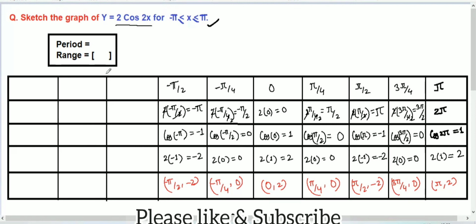First, we need to find out what the period of the graph is. So this 2 will affect the period of the graph. The period of the graph of cos theta is always 2 pi, but this 2 will come underneath here. So this 2 and 2 will be cancelled. So what will be the period of the graph now? Pi. So here we have the period of the graph.